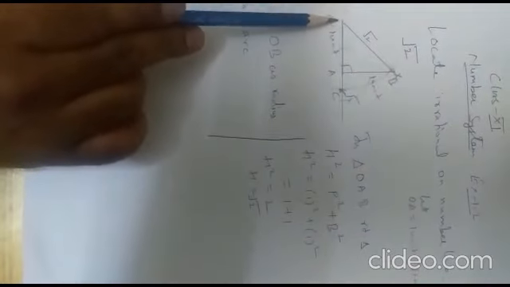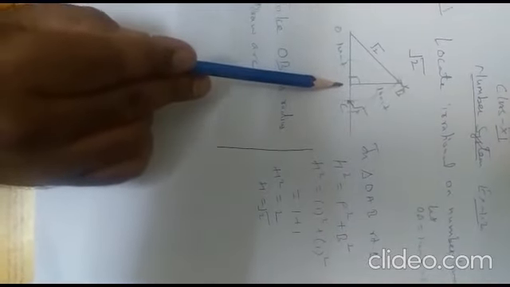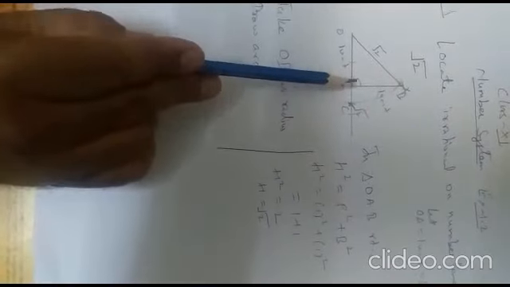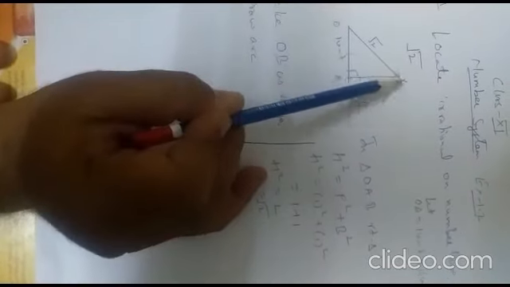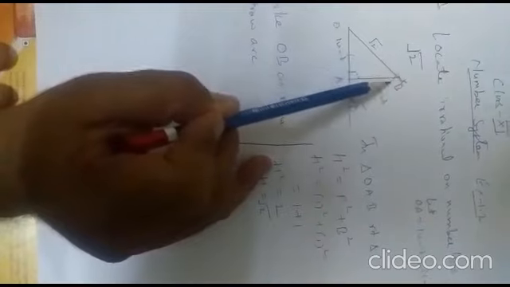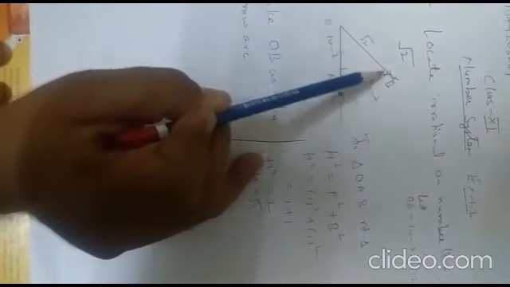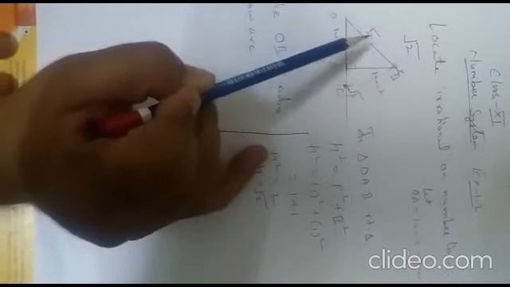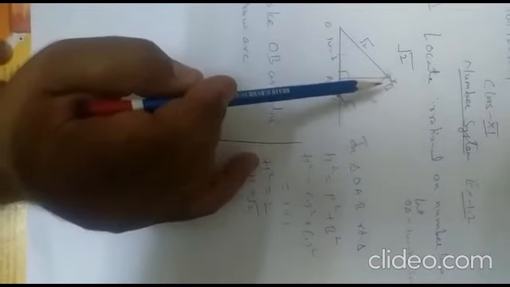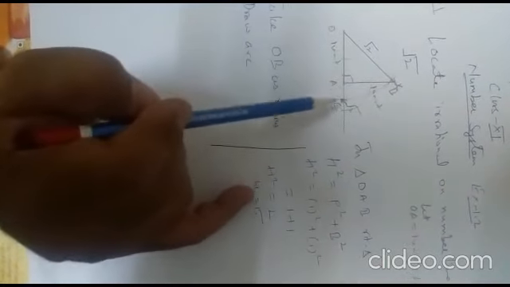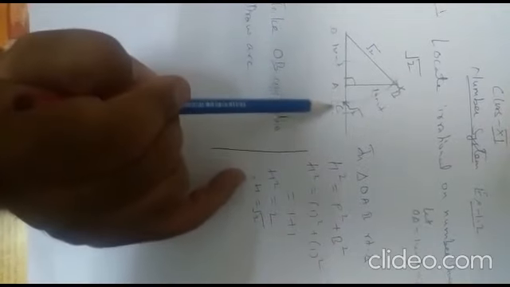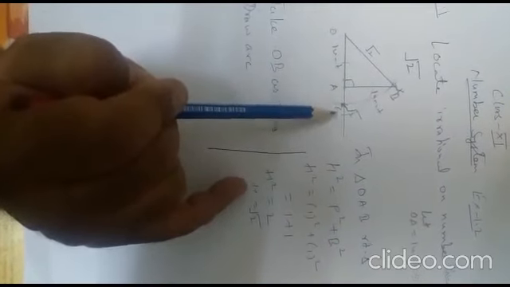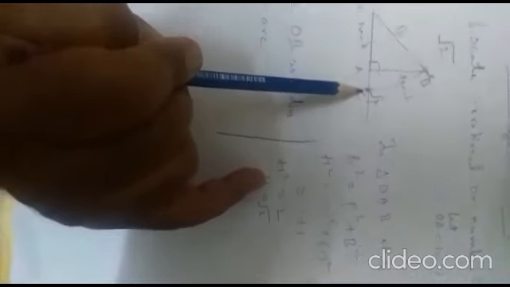One more time I will explain how to locate root 2 on the number line. Take OA 1 unit, at point A draw 90 degree and cut it 1 unit. Join OB. The distance of OB is root 2. Now take OB as radius and draw an arc till it cuts the line OA at point C. So point C is root 2.